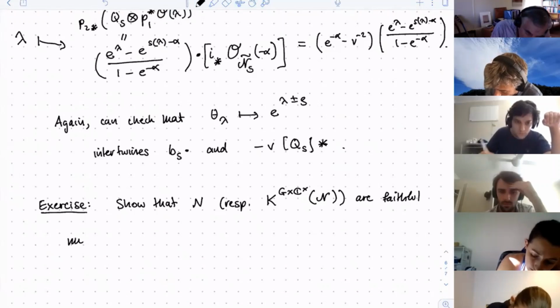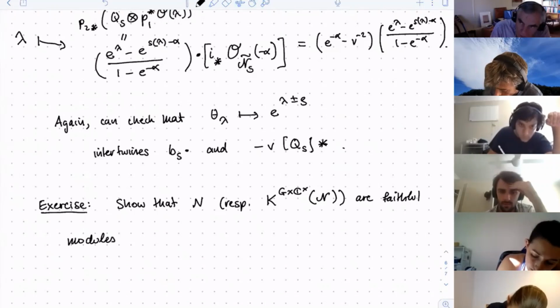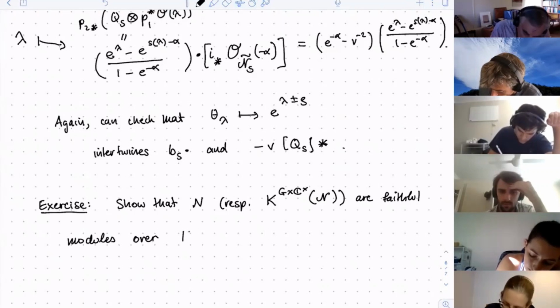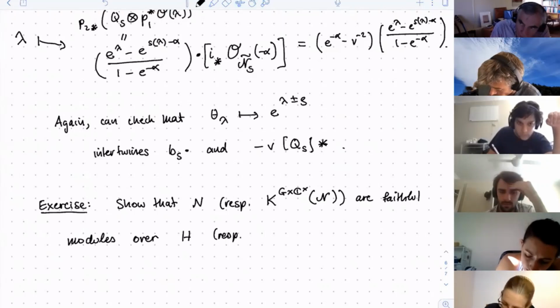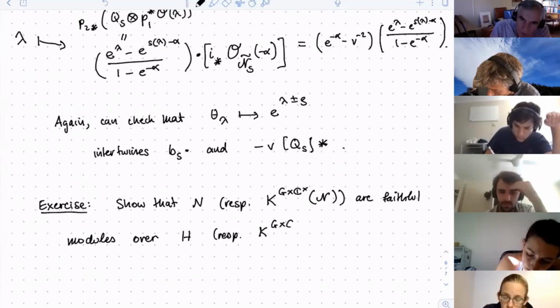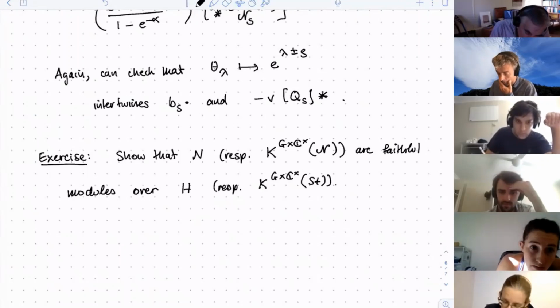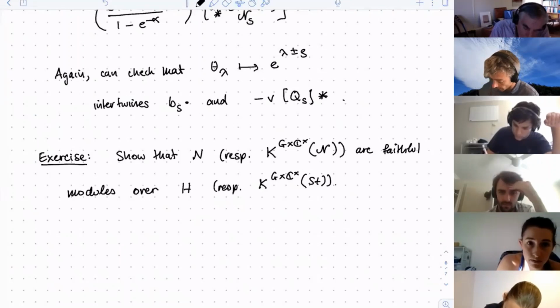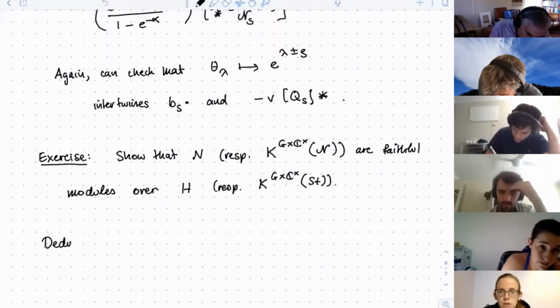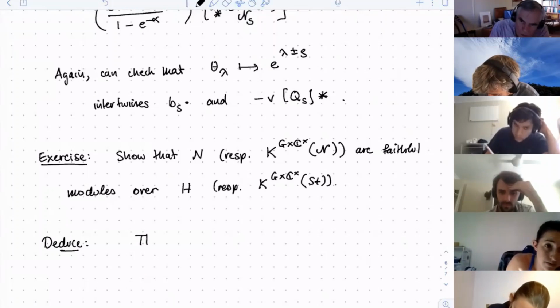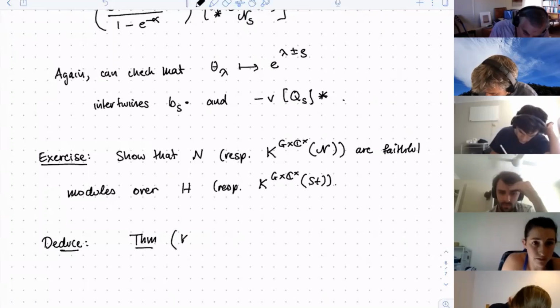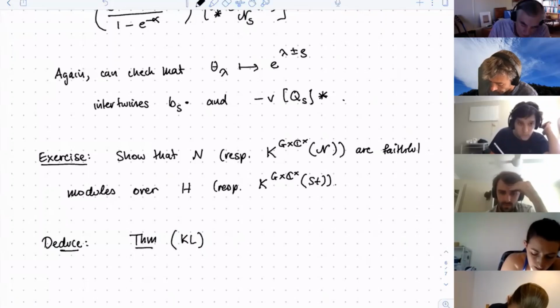Faithful modules. And we deduce the Kazhdan and Lusztig theorem, which is the fact that